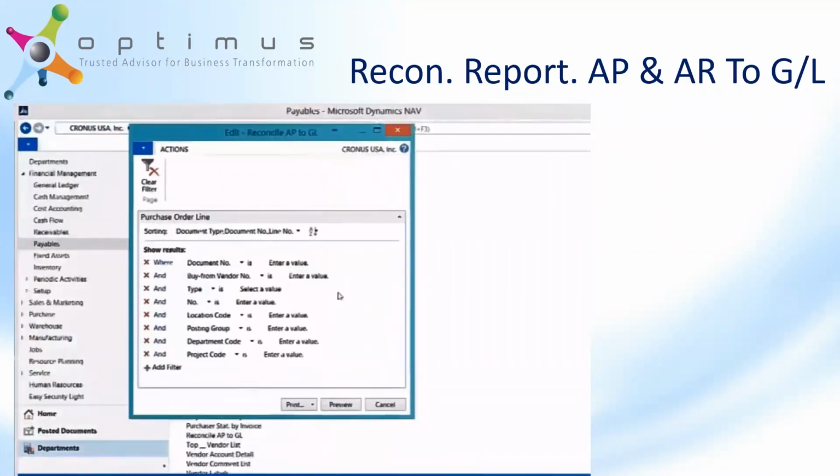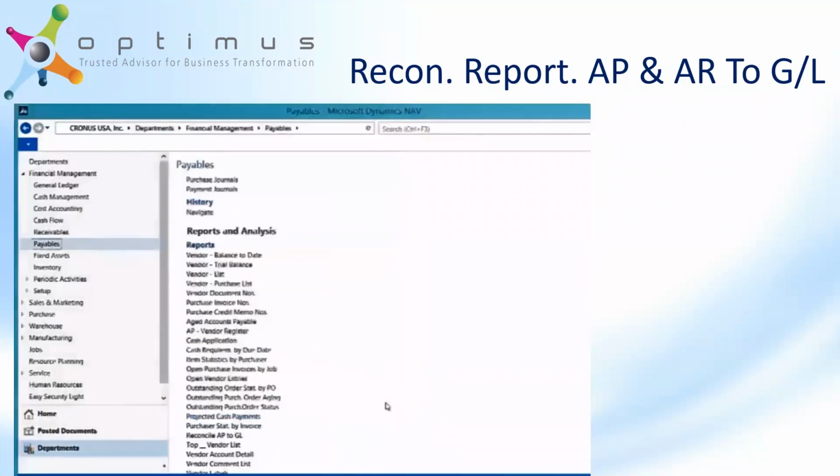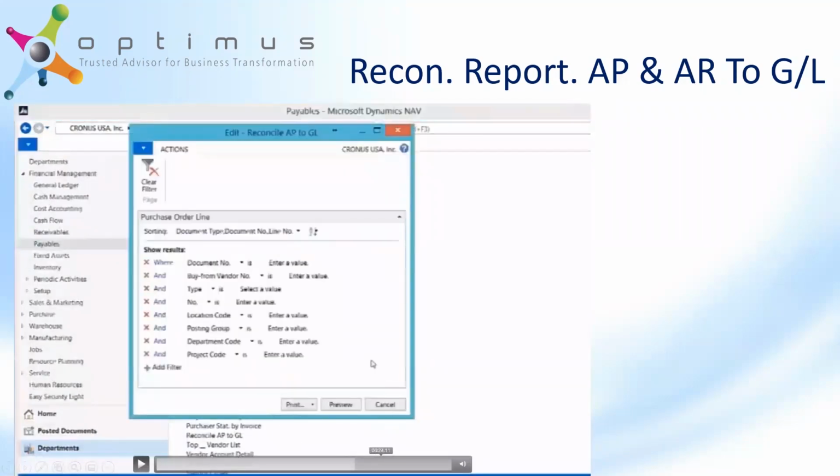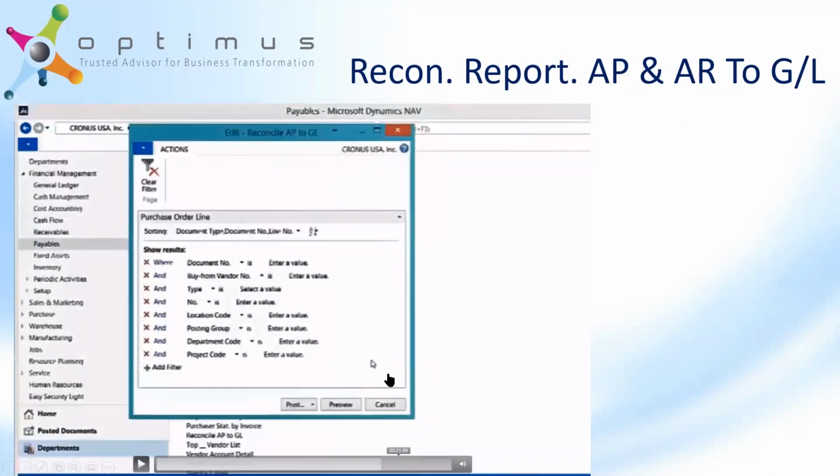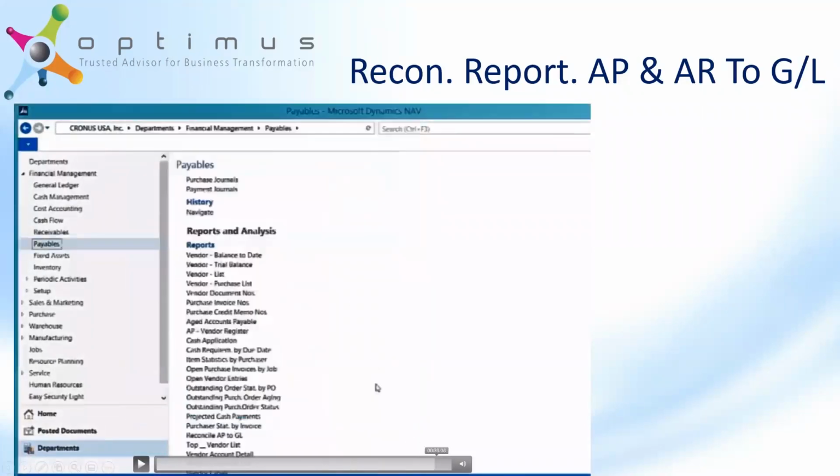Many ways to reconcile, like we have seen already, but once we are sure that what we're doing is correct, run the reports in NAV, just showing you the best practices to run reports in NAV once we have run all the reconciliation part, right? So the idea is to generate the report in order to see the information for AP and AR to GL, just to see if we don't have actual differences, right? So run it and then look at this, Reconcile AP to GL. This is just the actual